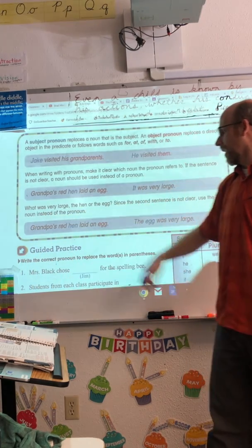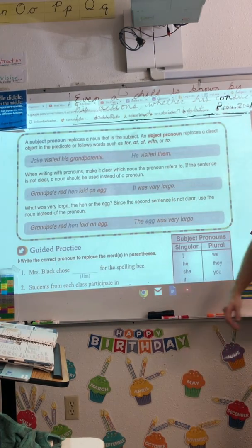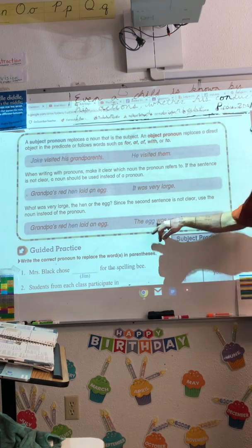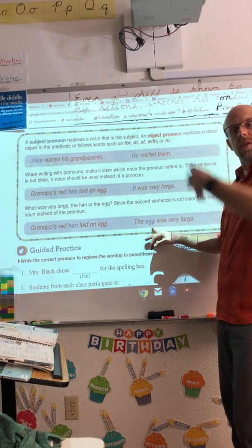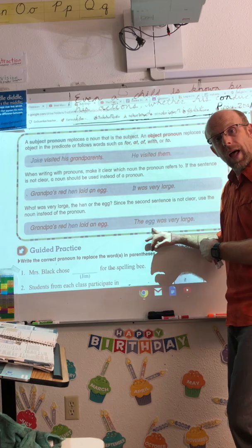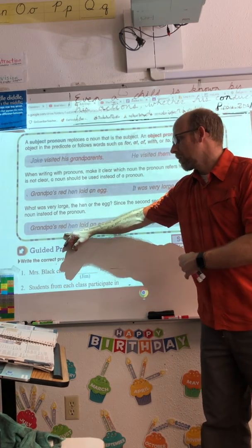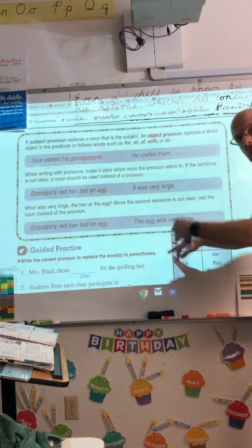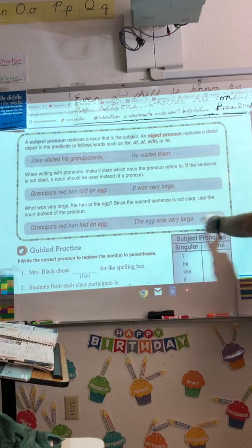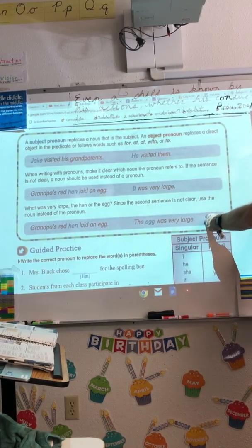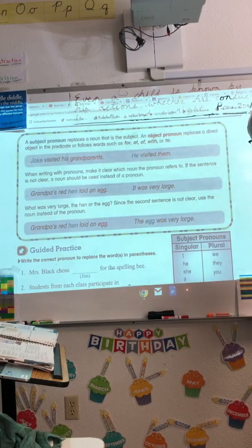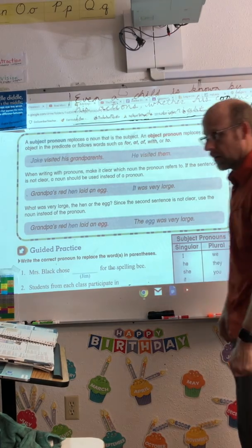Grandpa's hen laid an egg. The egg was very large. Now if you're going to do one more sentence after that, like another red, this would be our yellow, reasoning to effect, then a red, then we do another red. The egg was very large. Now we could say it. It was going to take 22 more days before life inside of it cracked out or something, right? Okay, so